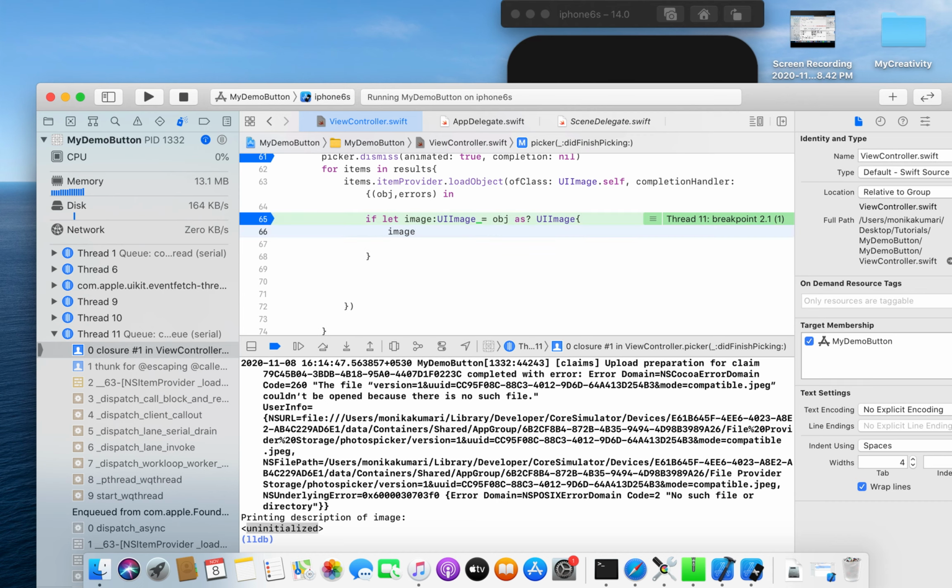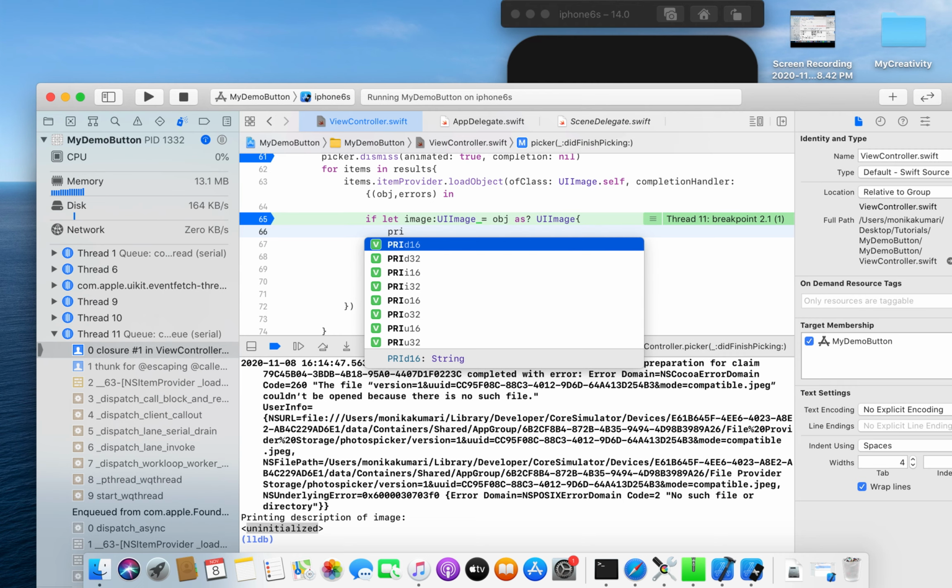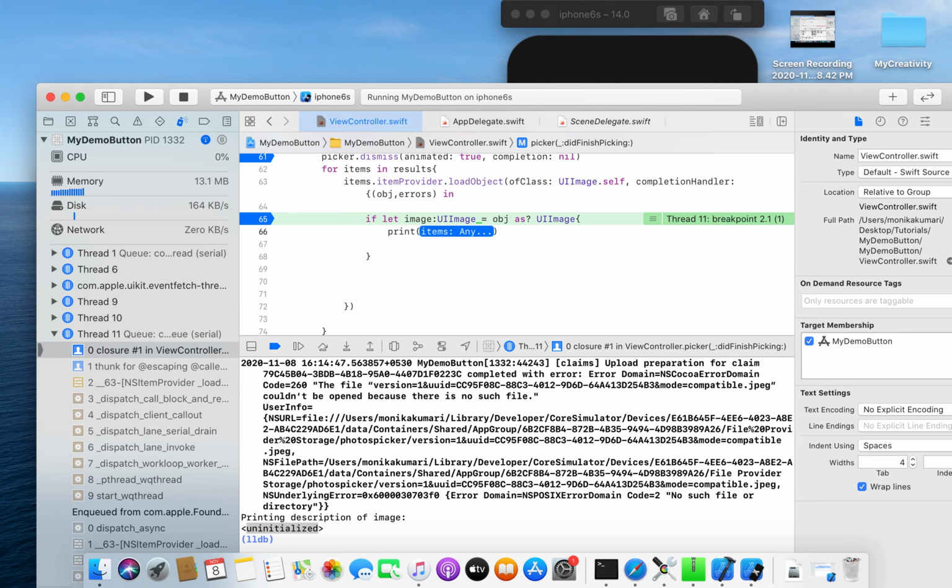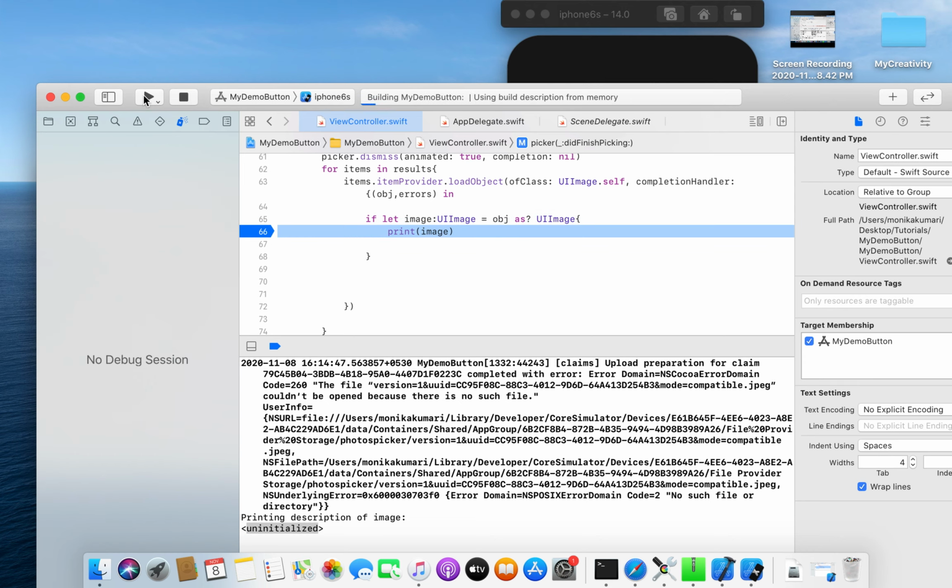If there is an image, then let me just print my image, print image. So let me just hit the code, relaunch the app, and see how the image will be printed.